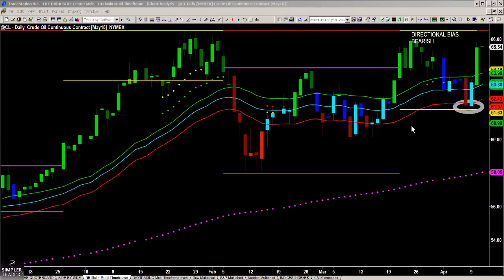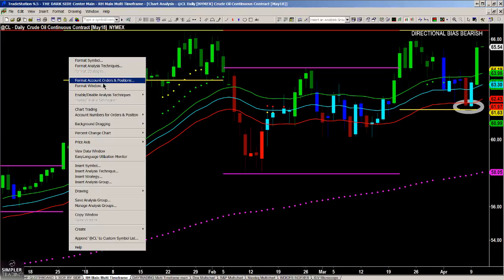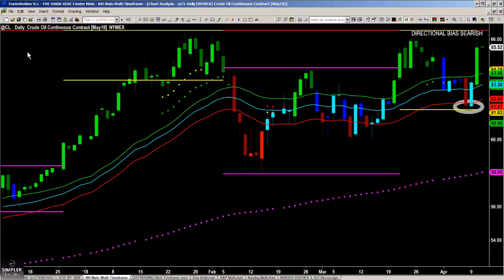And so now I would tell most intraday traders that while we are not technically right at resistance, we are very close to it. It's easier for me to assess that this market is oversold than it is for me to say that there's still a lot of upside. So I could use indicators like